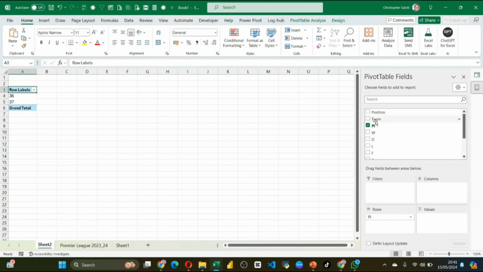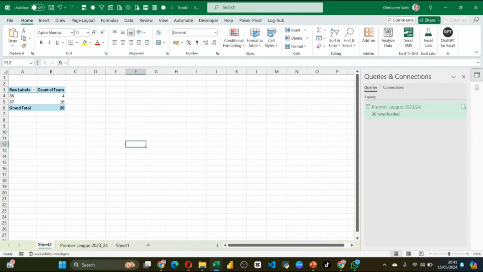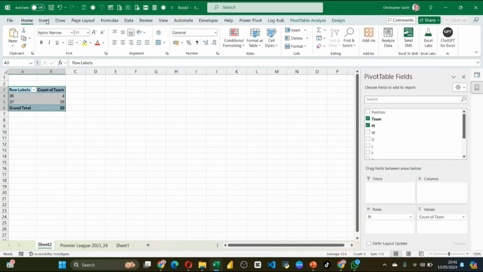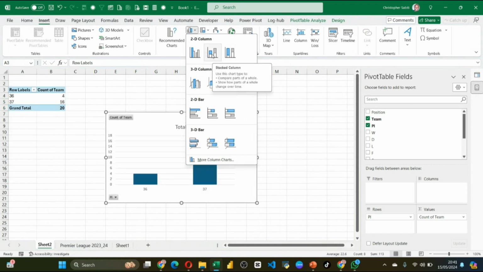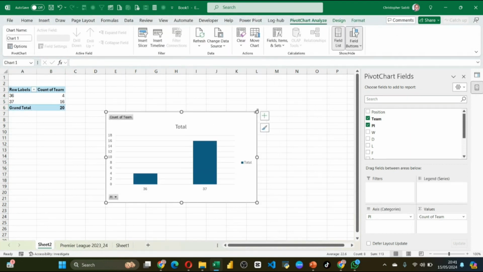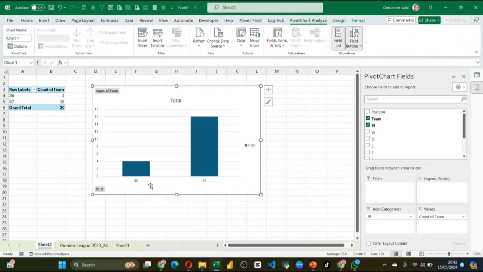I can again pick the teams here and you count. So you'll see that we have 4 that have played 36 matches, then the 16 have played 37, which means you can go ahead and even insert a chart. I'm trying to show you that after you have done the transformation, you can go ahead and chart like this. It means that after today midnight, when Man U has finished playing, the moment you come here and refresh,